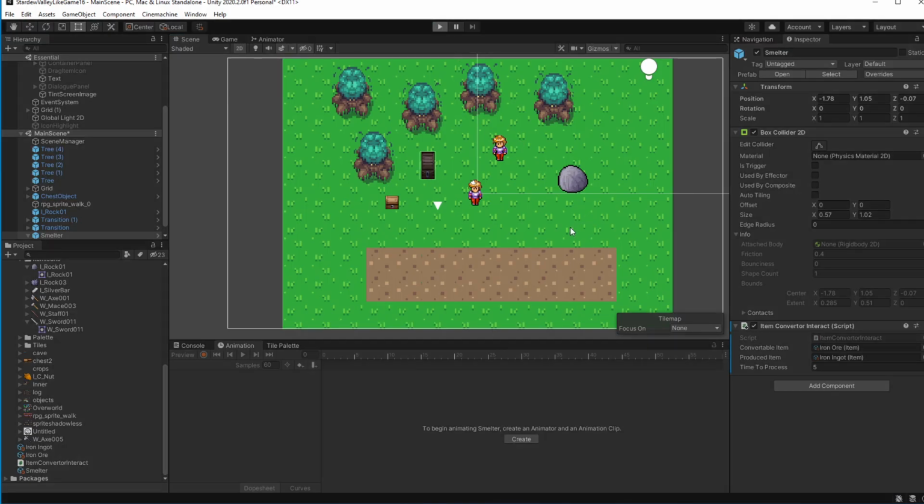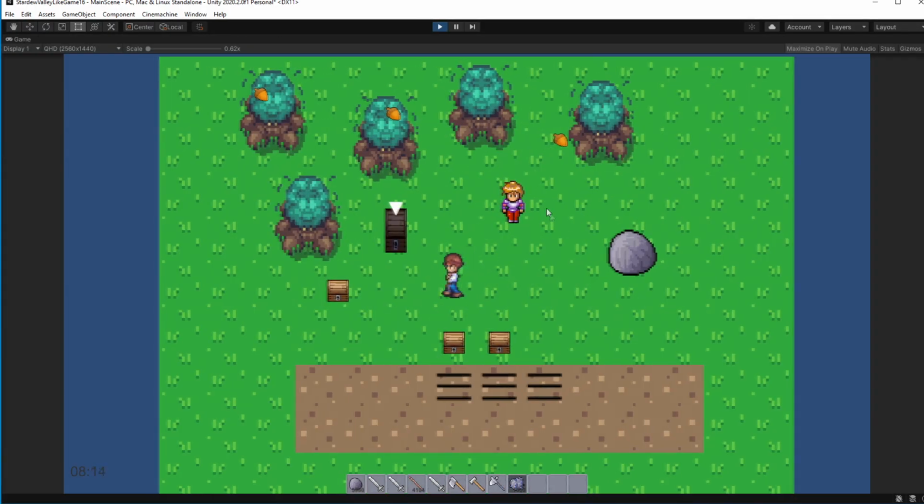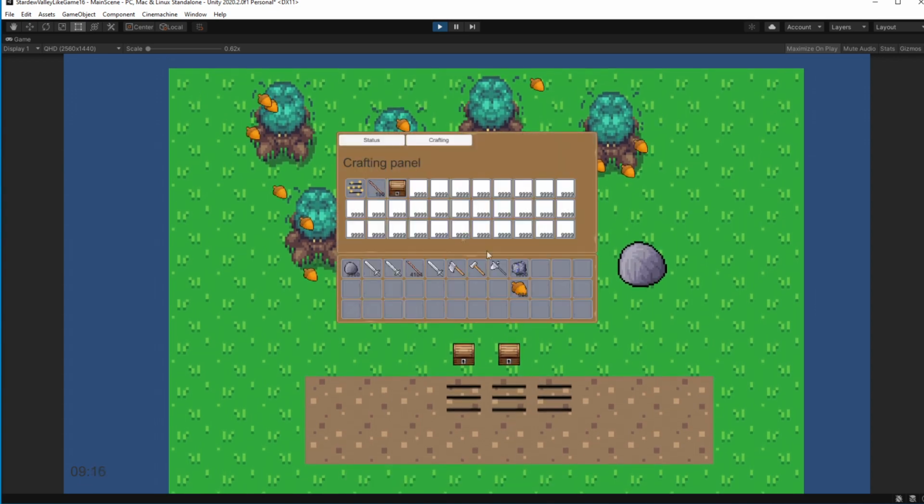Let's test this. So pull out an item from your inventory and interact with the object.